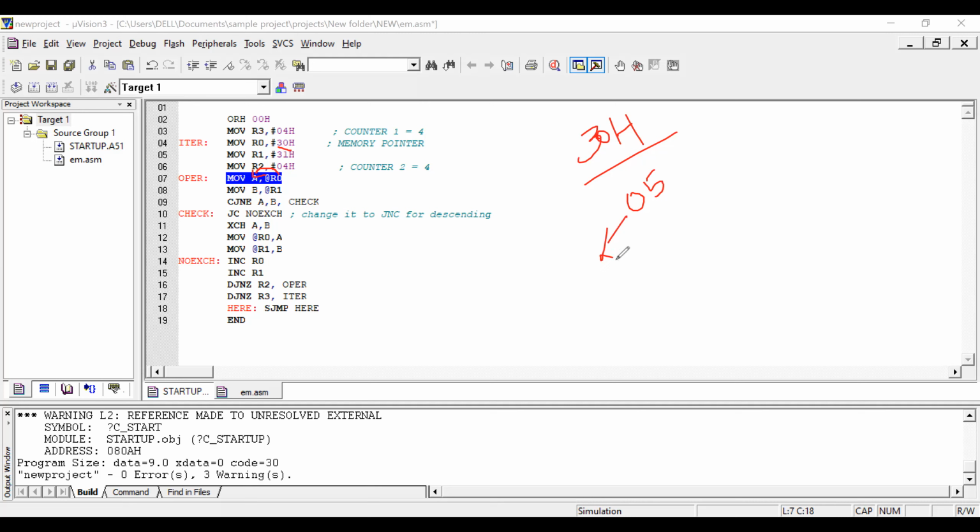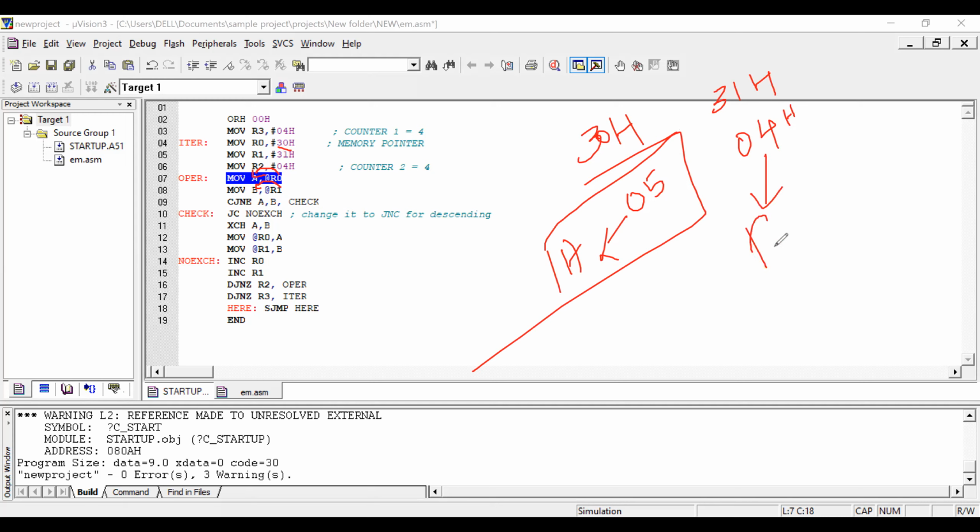This I have moved to accumulator. Now accumulator has 05H. At R1, that is 31H, I have 4. 4H is my data. I am moving to B register. So in B register, I am having 04H.